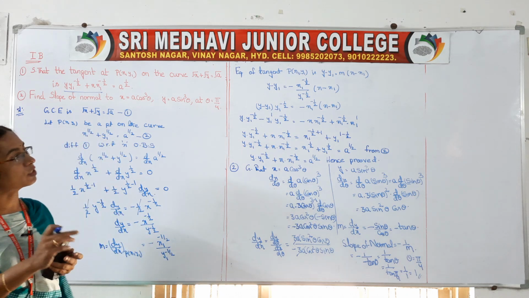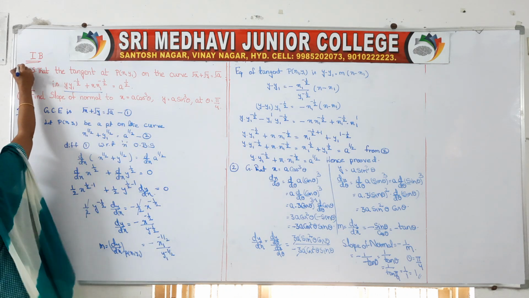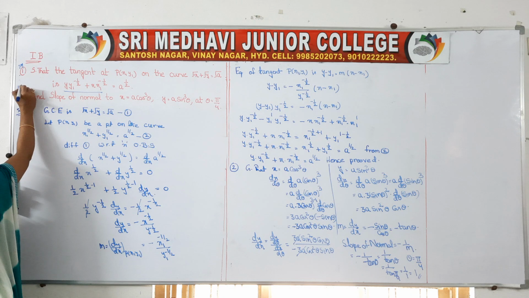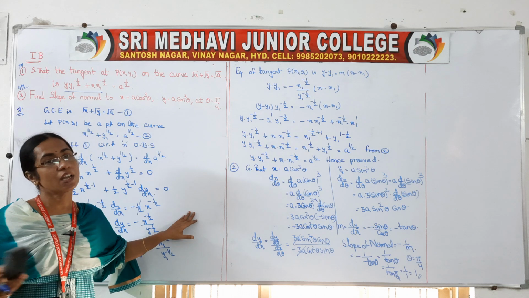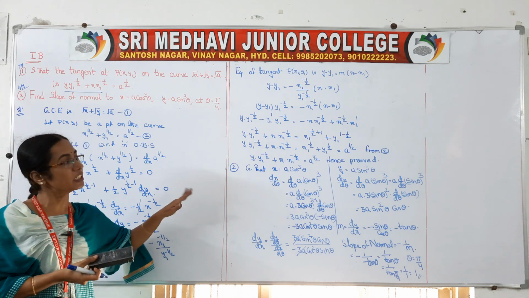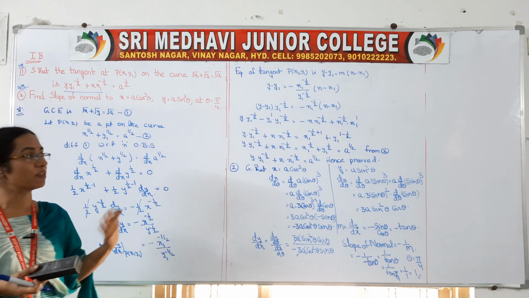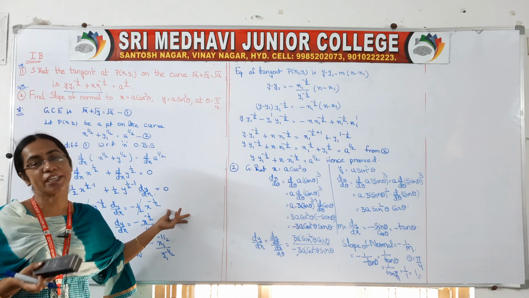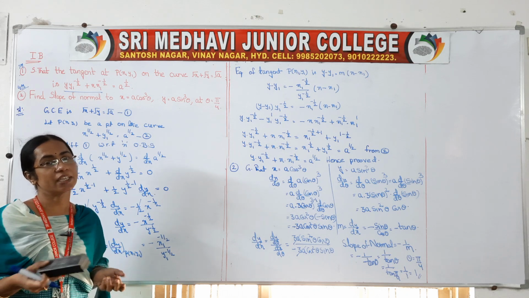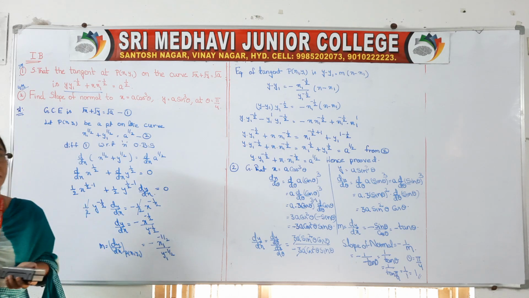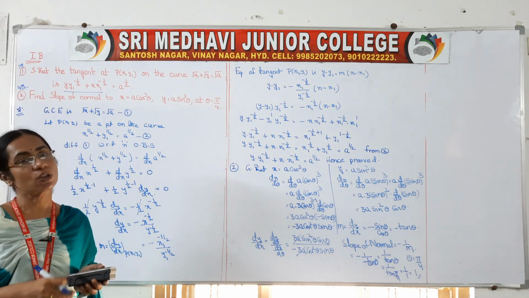So practice these two problems perfectly. The first question is for 7 marks, and the second question is for 4 marks. So simple problems, simple differentiation. After completing the chapter on differentiation, this chapter will be very easy for you. Once you know all the formulas of differentiation, here at most we will find only dy by dx to get our slope. We can easily find dy by dx by differentiating the curve equation. Once we get the m value, x1, y1 will be given in the question itself.